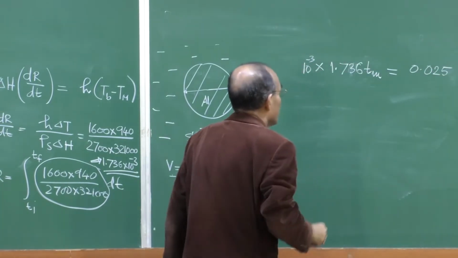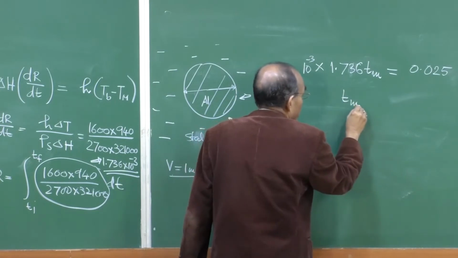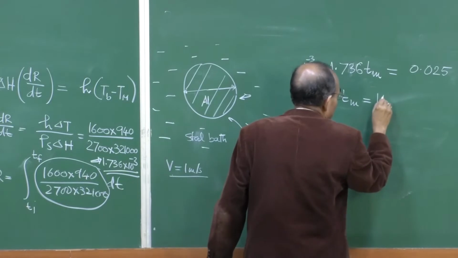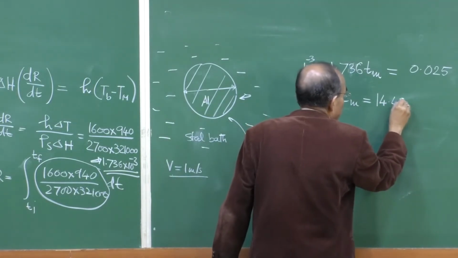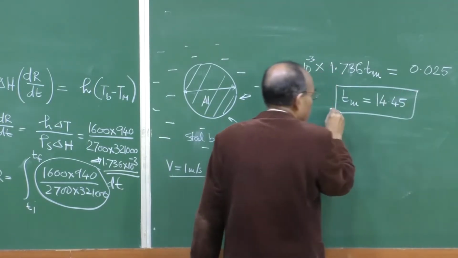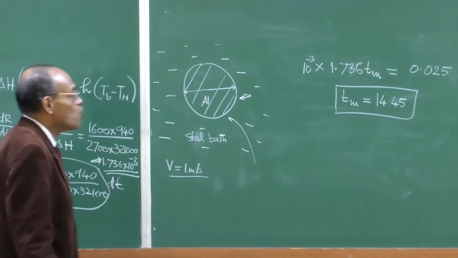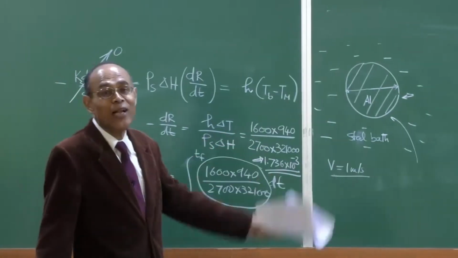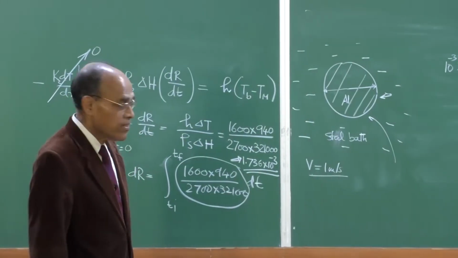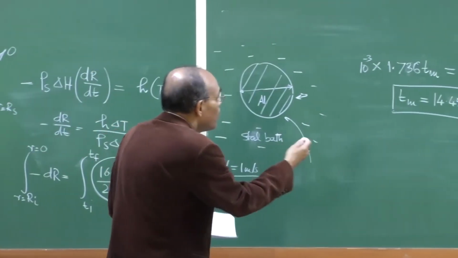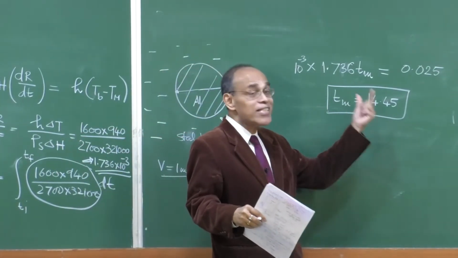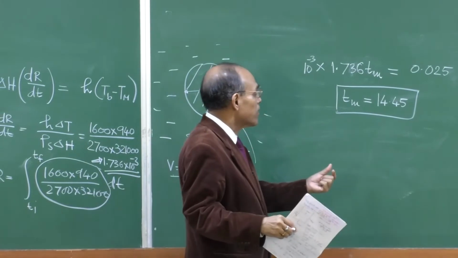Okay? And then you can find out that Tm will come out to be something like 14.45 seconds. So, you can assume that in a steel bath, if you project an aluminum sphere, it is almost going to melt instantaneously. Okay? So, you can understand that, if you increase the size, for example, because